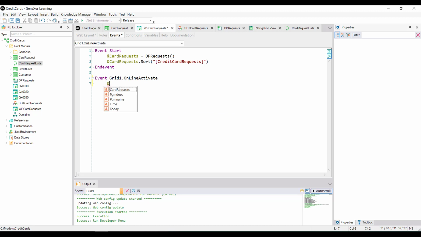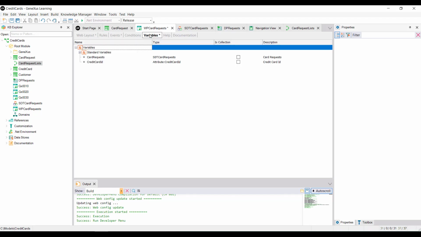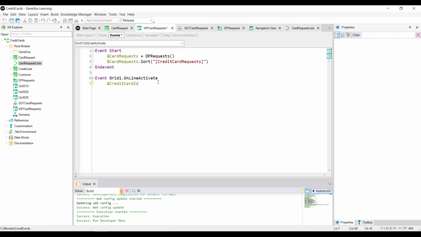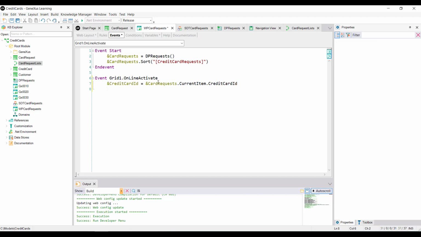So, we're going to define the credit card ID variable, and we see that it was automatically based on the attribute of the same name. And we're going to assign to the collection variable card requests, period, current item, period, credit card ID, to obtain in this way the ID of the card selected in the line.